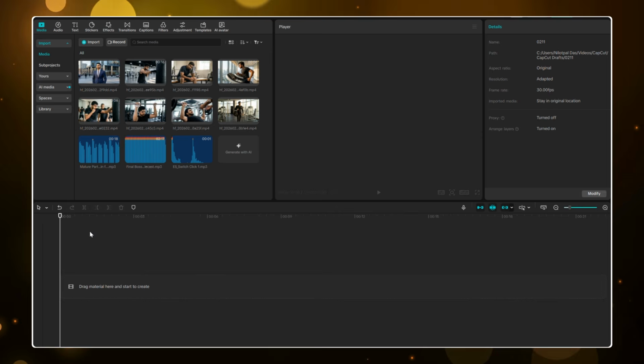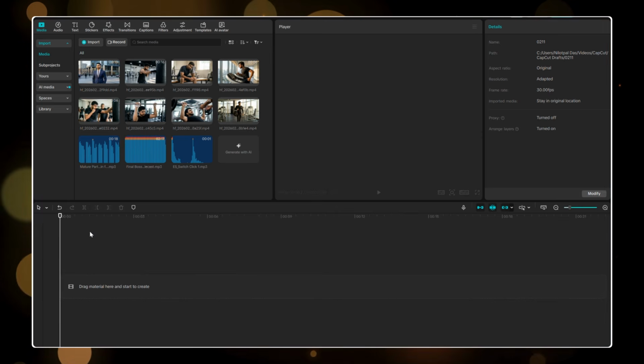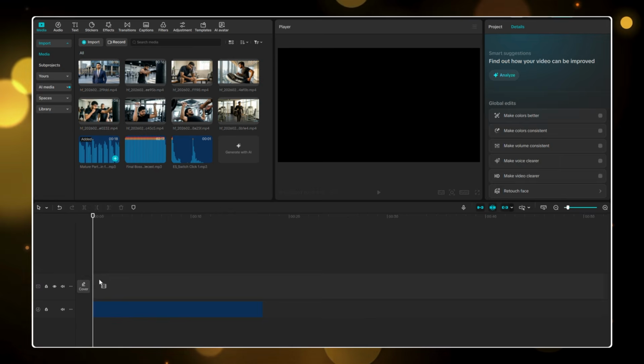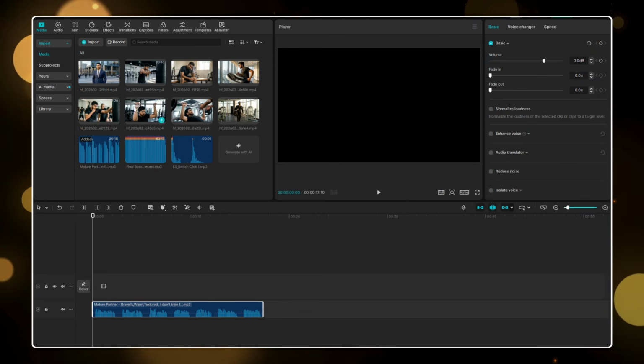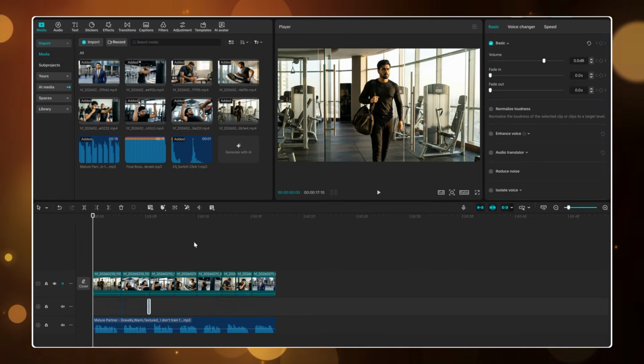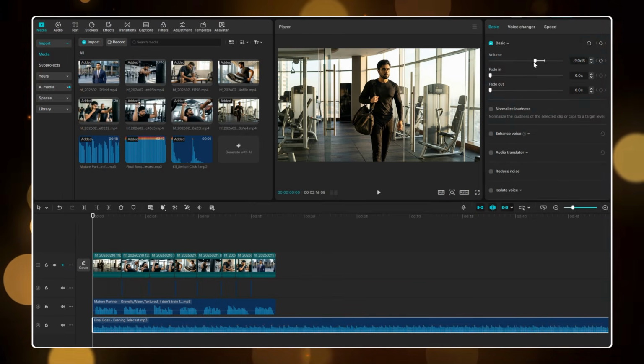Finally, open any video editing software. Import all the clips, add them in sequence, and then add your voiceover. You can use your own voice or any AI voice tool. Align everything properly, add sound effects, choose a suitable background music, and that's it. Your cinematic AI video is complete.